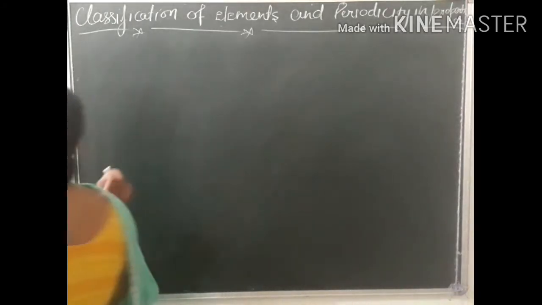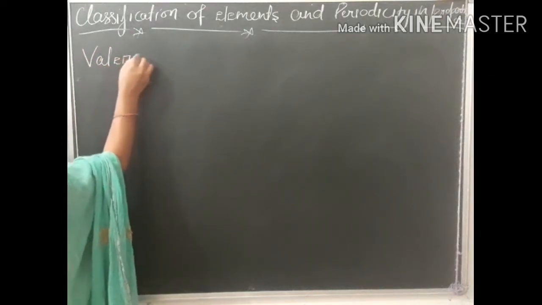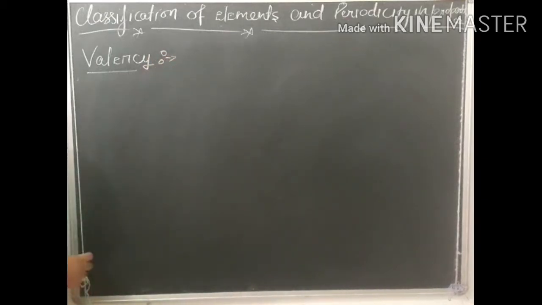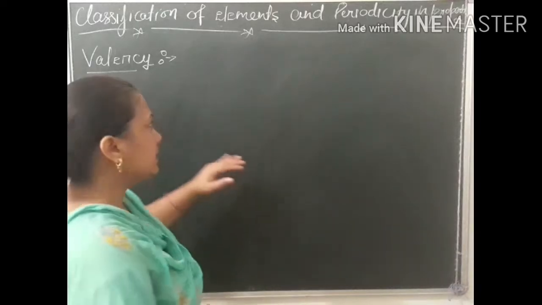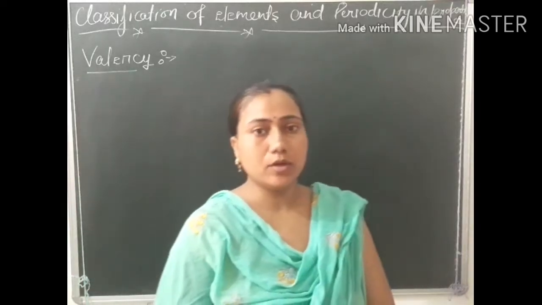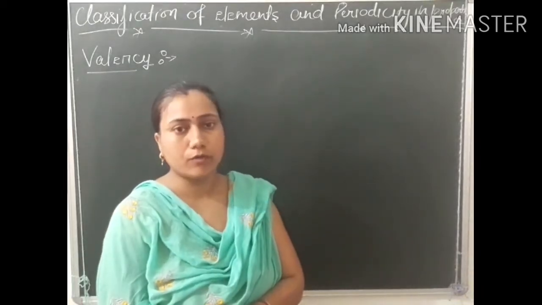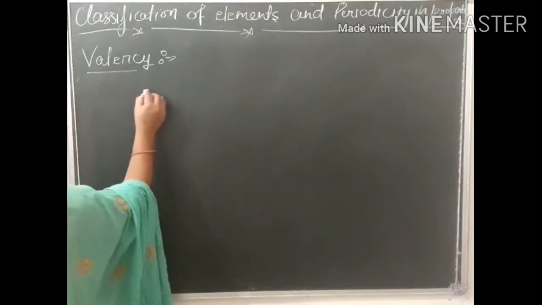Here first is valency. Now first of all the question arises: what is valency? Valency is defined as the number of electrons lost or gained to acquire noble electronic configuration. For example, in the first group